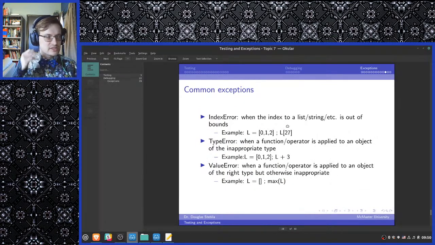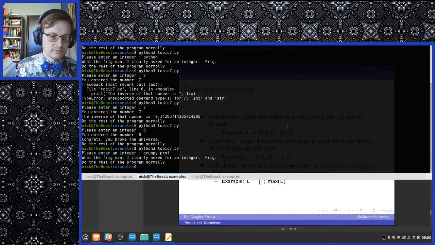So here's a list of the common types of errors that you would encounter while programming. Number 1, an index error. Index errors happen when you try to access an index in a list that doesn't exist. Fairly simple, straightforward. I'm sure you've seen a number of them already. Type errors happen when a function or operator is applied to an object of an inappropriate type. So, as we saw,